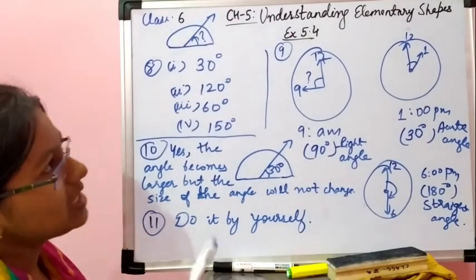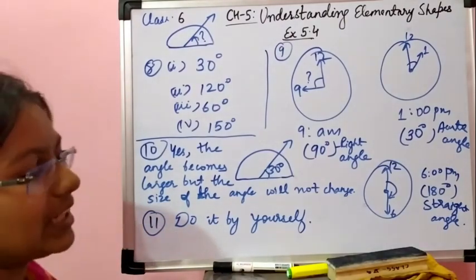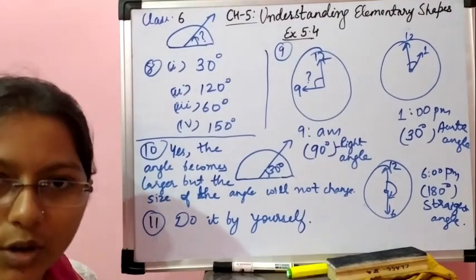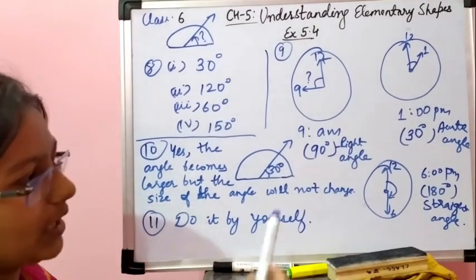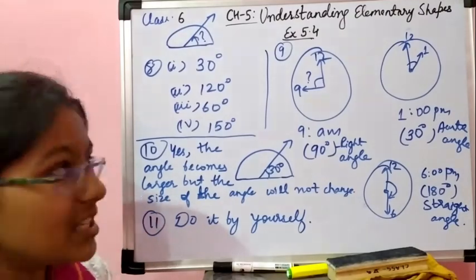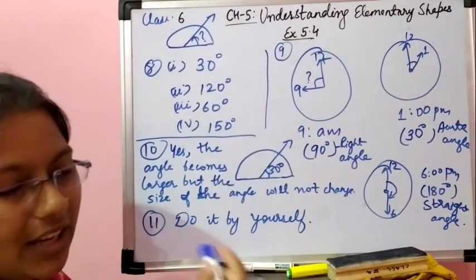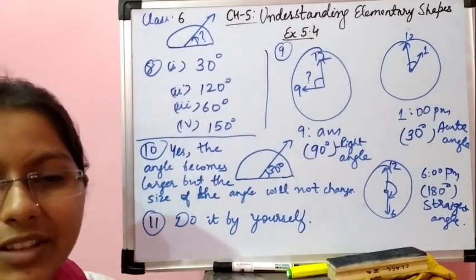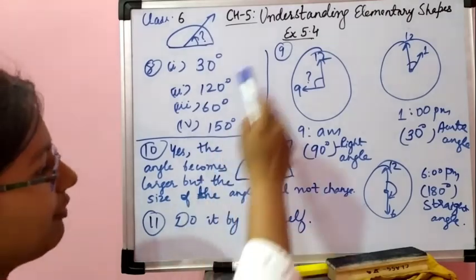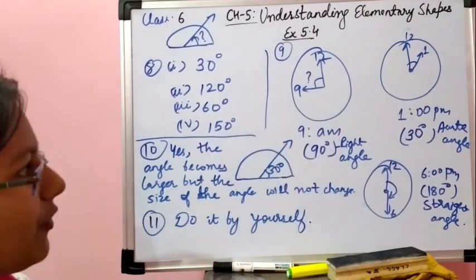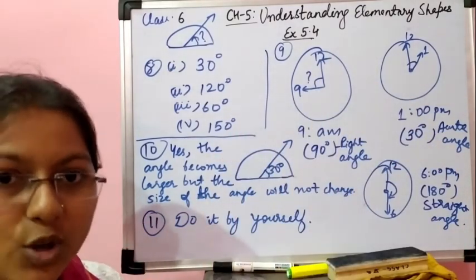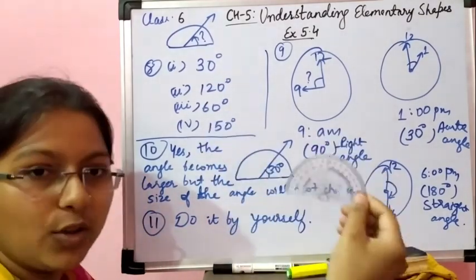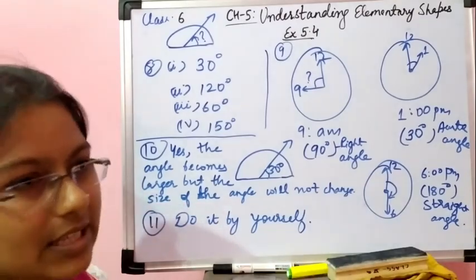Okay students, so in this way you can complete this exercise 5.4 today, or by tomorrow. You have time till tomorrow. You can complete this whole exercise. The exercise is very simple, very short answers are there, and the concept is the same as the concept we have discussed in exercise 5.3. The different types of angle, 6 types of angle. If you know those 6 types of angle, and if you know how to measure angle using this protractor, then this exercise will be very easy for you.